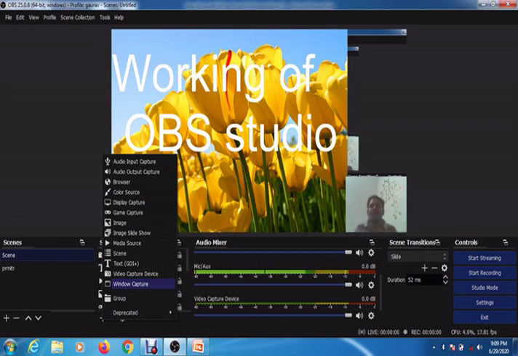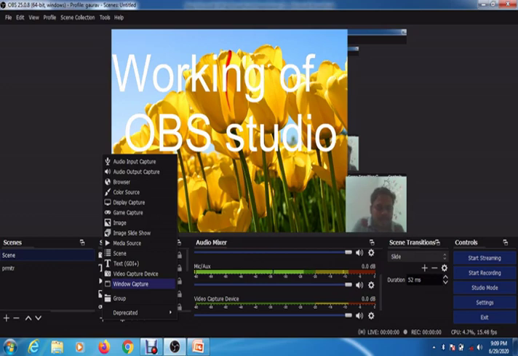But if in case you want to show a demo of a particular app or any particular software, you can use it with the help of this window capture. It will capture the window, and you will just work with the software itself, and all the contents that you have covered in that software will be captured in terms of this window capture. So we will see how they are captured.